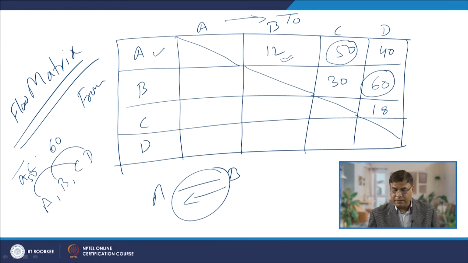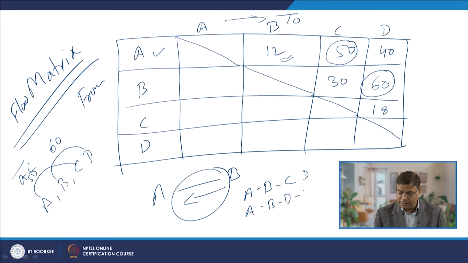We will try to see if the arrangement can bring the two close to each other. Say the arrangement is like A, B, C, D. We will first try to see if B and D are brought close to each other while A and C are far away. There is another possibility. In this case, the 60 movement, B and D having the maximum movement, have been brought close to each other, but A and C have been taken apart. There is another possibility: A and C are brought next to each other, and then B and D are brought next to each other.